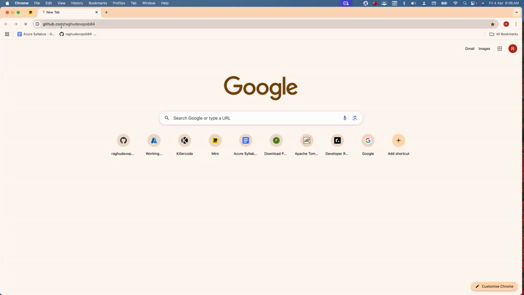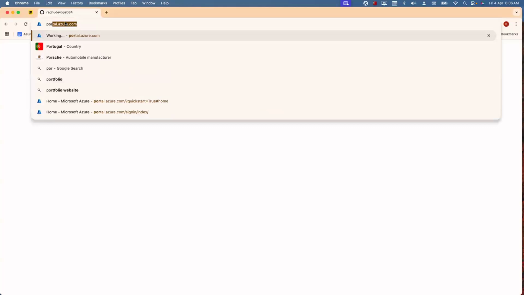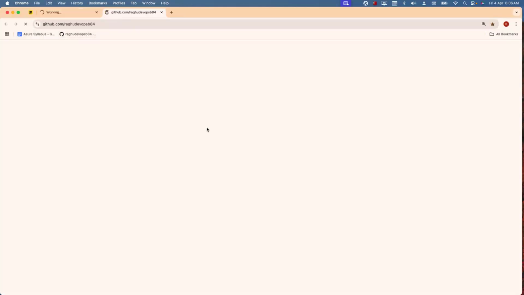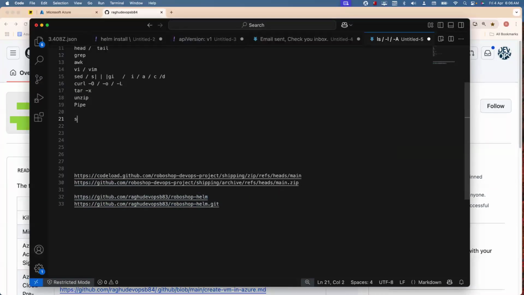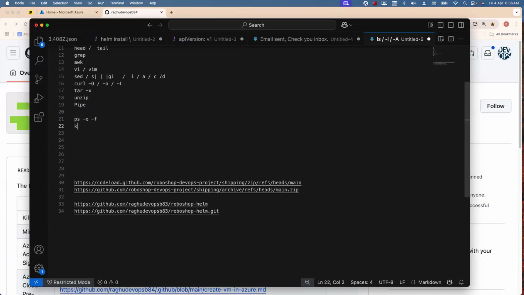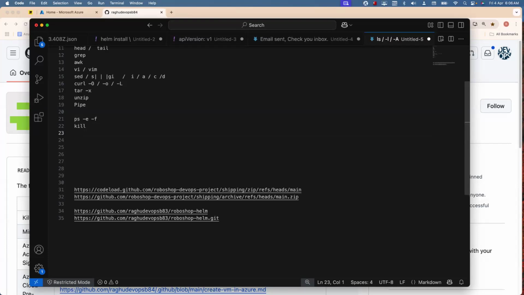So in our last session, we were discussing the Linux commands, which is the ps command to see the list of processes in the system, and the -e -f options are the ones that we generally use to list all the processes, is what we have seen. And we used a kill command to stop the process, end the process. And after that, we talked about